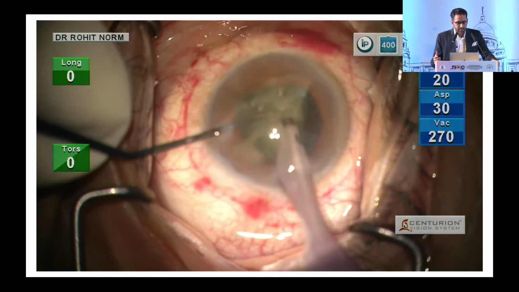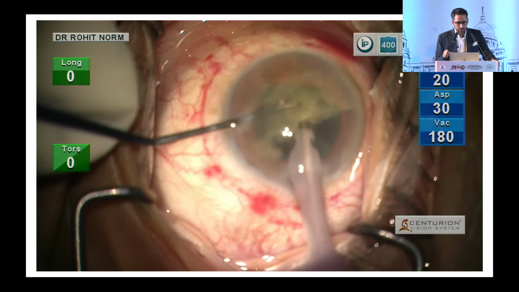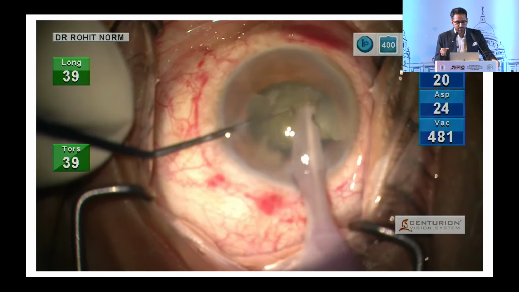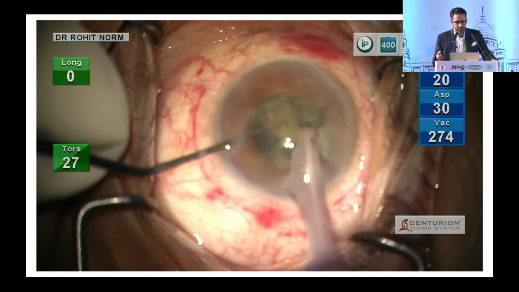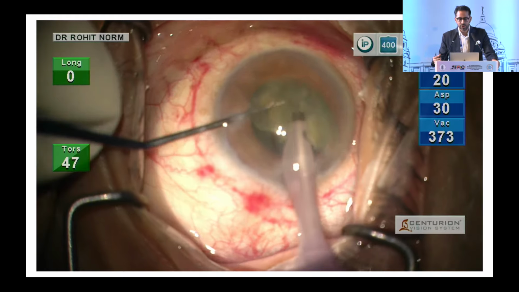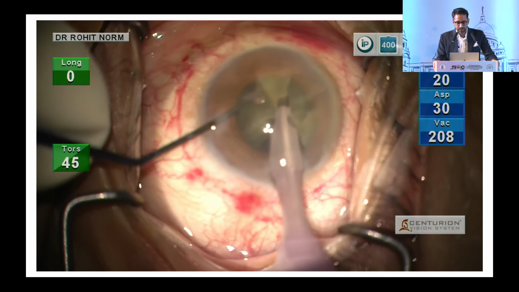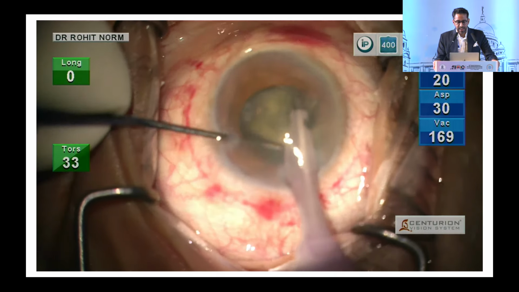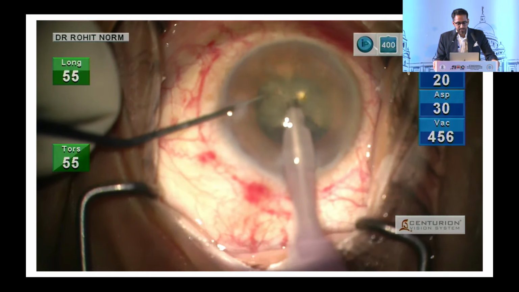Another thing we should keep in mind is that the ports of the probe, the irrigating ports, should not face towards the PC defect. Because if you do that, at times it can lead to vitreous hydration or hyaloid phase disruption as well. So I'm continuing phacoemulsification, and the advantage of femto delineation is that I have a good